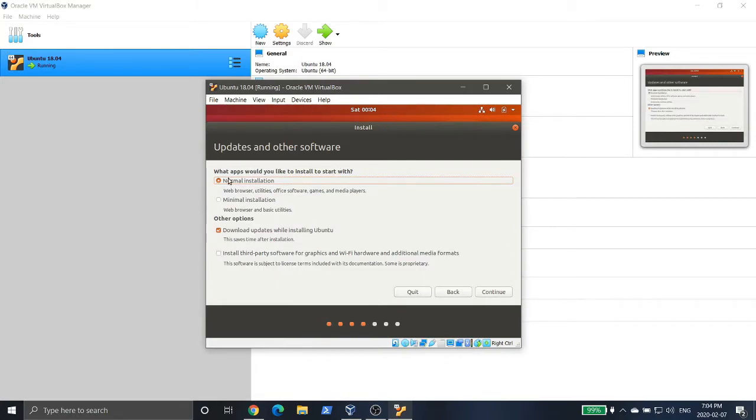Then you have to decide what kind of installation you want. You can do a normal installation, which includes web browser, utilities, office software, which is LibreOffice, games, media players, and all sorts of other lovely stuff. Or you can go with something a little more bare bones that just has a web browser and some basic stuff, you know, text editor, stuff that will allow you to configure the system and then install only the software you want. I'm just going to go with a normal installation because afterwards maybe we can poke around and look